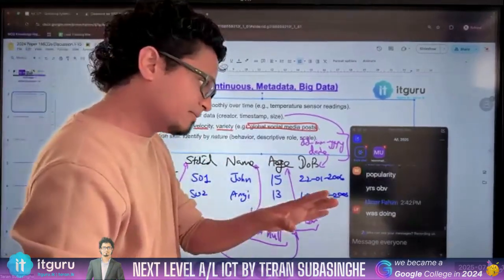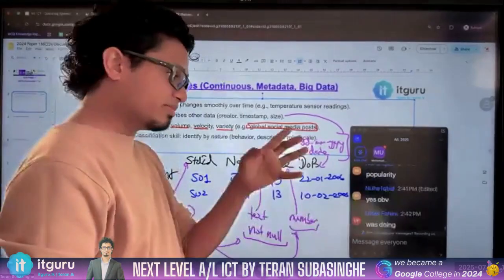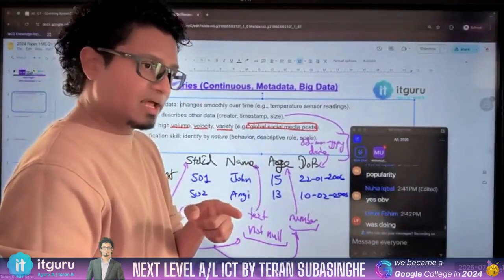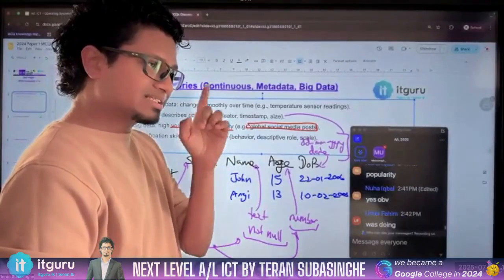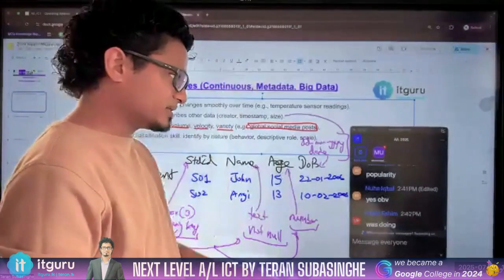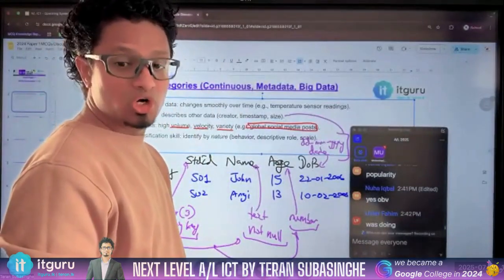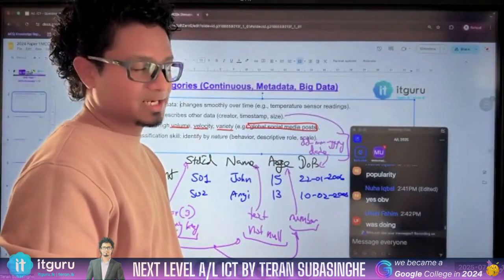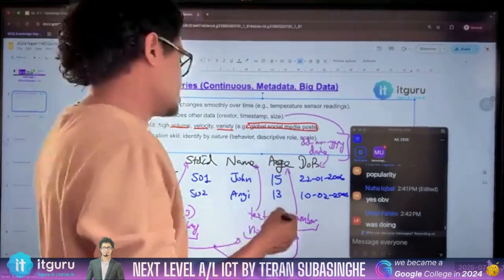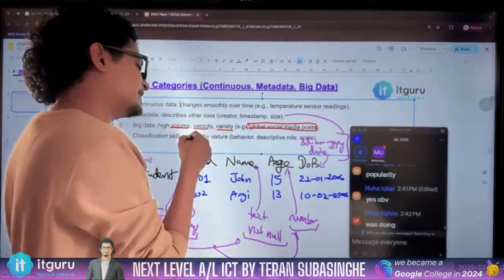It is very bad, because if you don't have control of that, then you will spend the rest of half an hour or 1 hour checking just those notifications. You will get easily diverted. So this is something that you should not do as a 2025 A-levels student. Get rid of that habit first, because then you can save time. So, velocity is that.